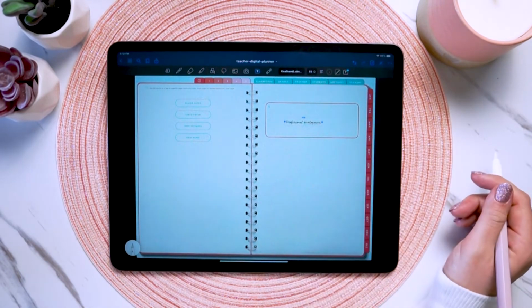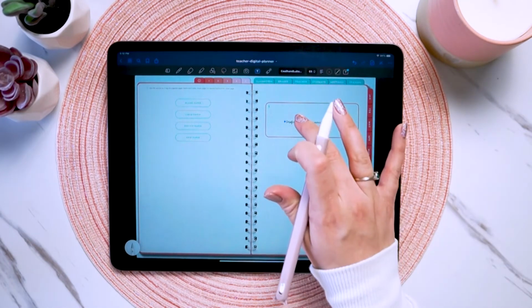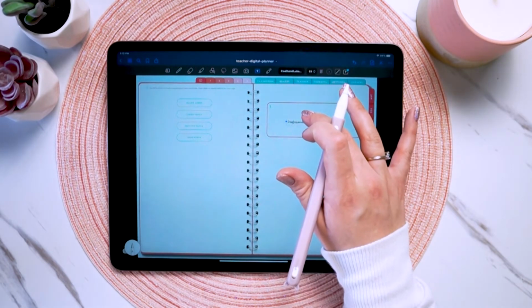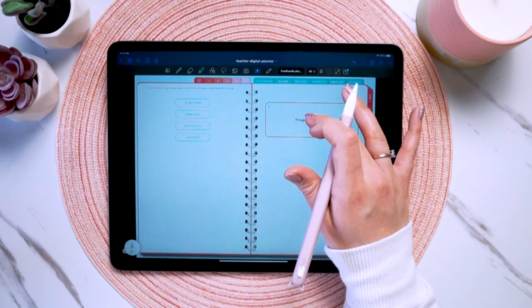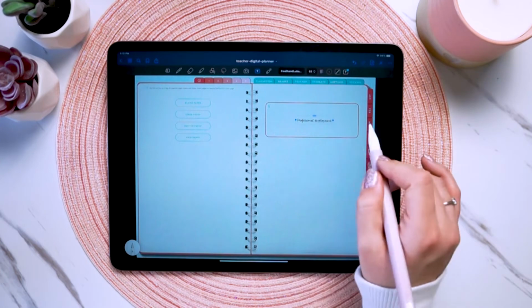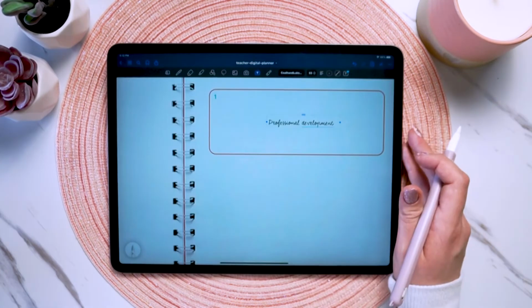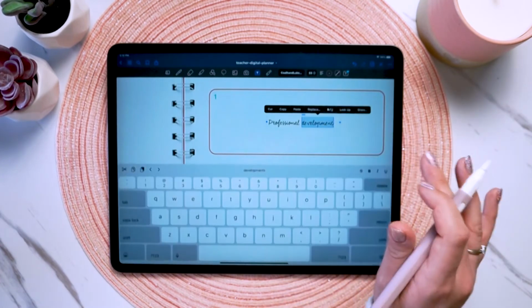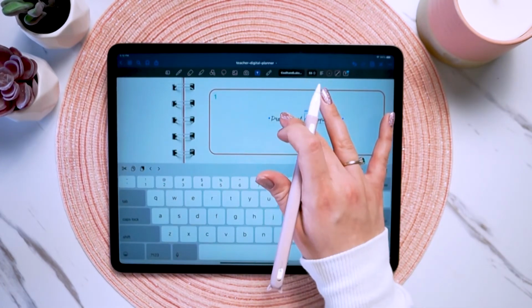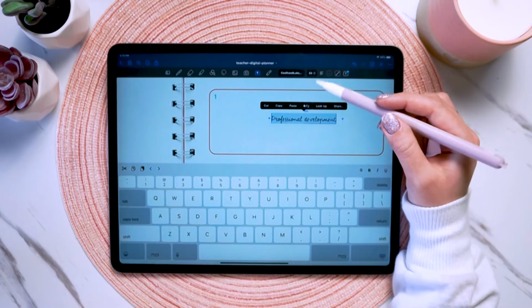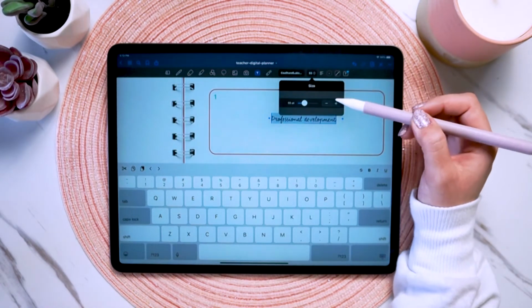And see, it populates the text box with that text, and then to move it, you would just want to use your finger. If you try to use your pencil, it's just going to try to write in it again, so you definitely want to make sure you're using your finger. And then how you can quickly change the size or the color of it is you just select it all and then